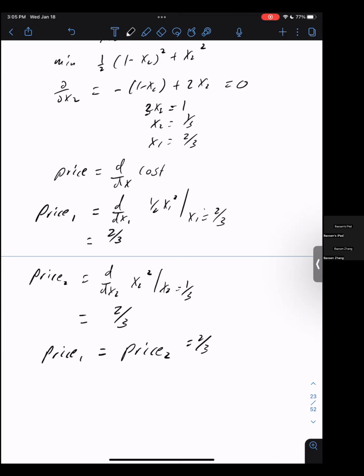So the question now becomes: is this just luck, or is this always true? Is this just dumb luck because I picked the parameters to be nice? Or is this just luck because they happen to be quadratic? Or is there some deeper reason this must be true? This is a key point behind how the entire US electricity market is structured, through this